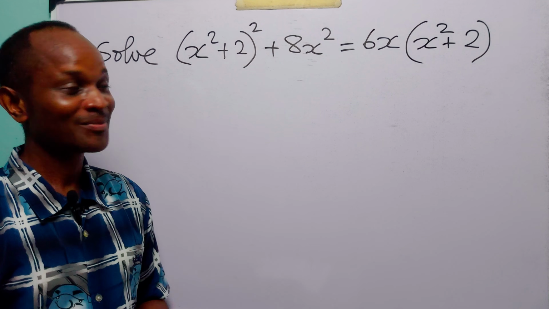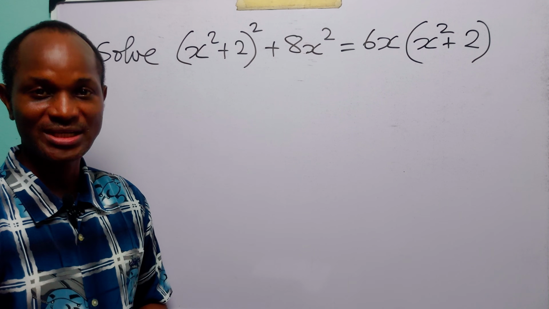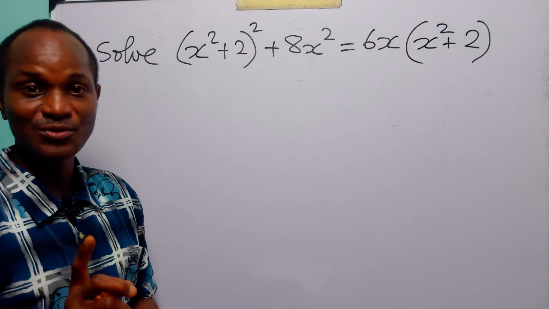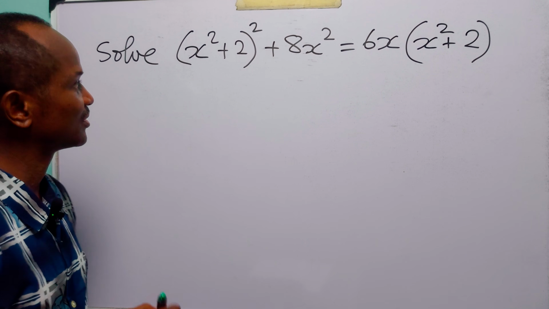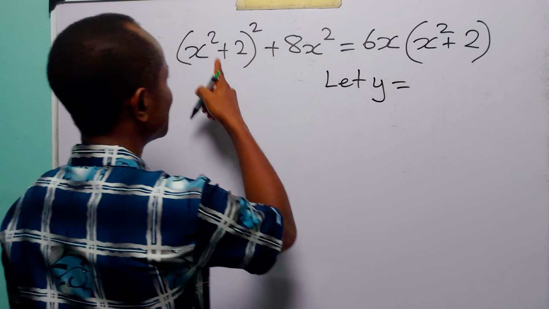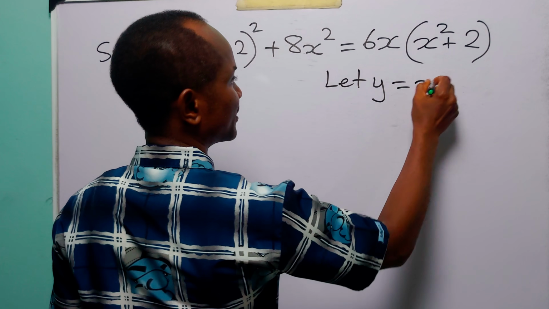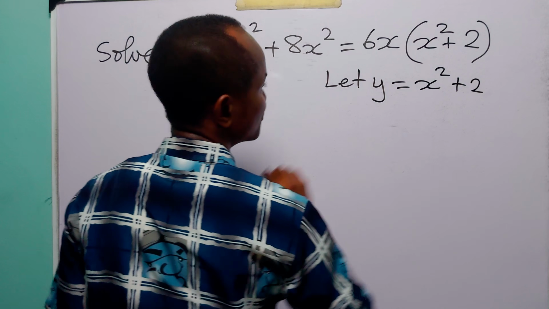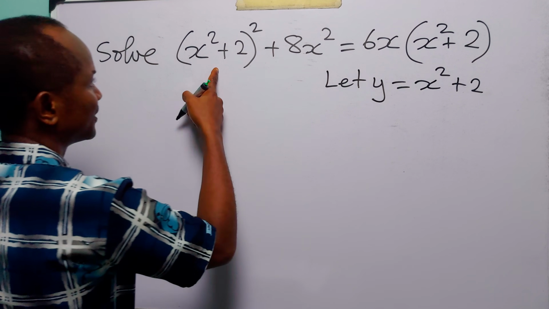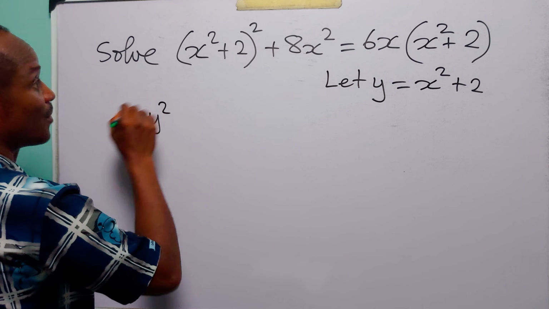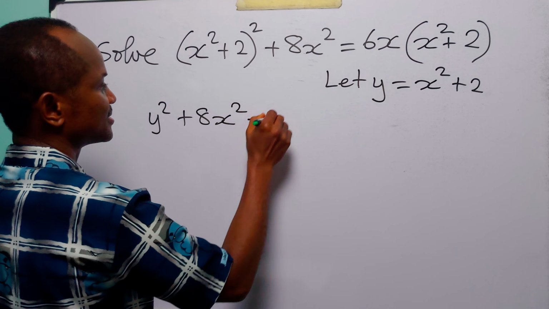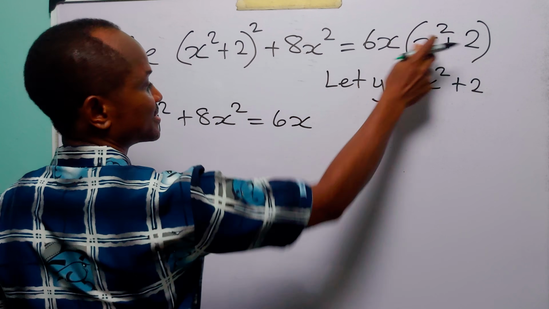Hello and welcome. There's a very simple way of solving this equation without first of all expanding. Now to do this, let us start with a substitution. Let y be equal to x squared plus 2. Now with this substitution, we can rewrite the original equation as y squared plus 8x squared is equal to 6x